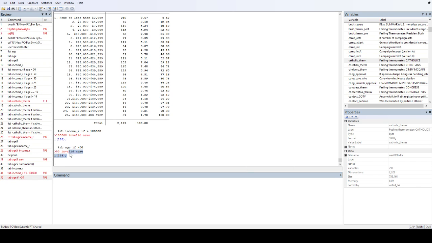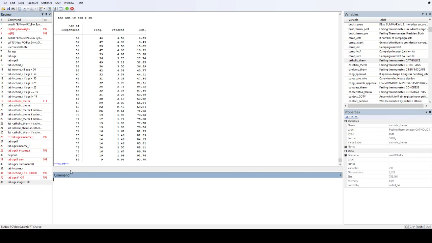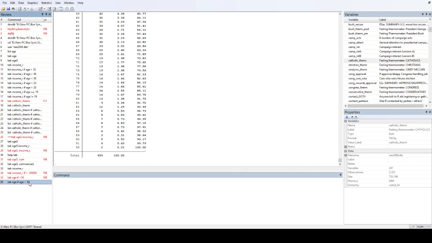But I get this 50 invalid name. What does that mean? It's because I have forgotten to type in my second variable. If I type in if, I have to then type another variable name. So I could do tab income R, or probably easier, if it's income R if age